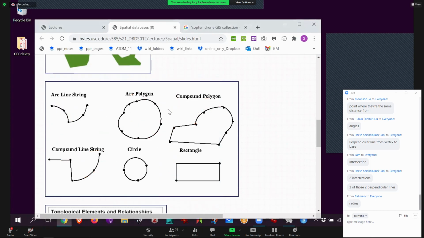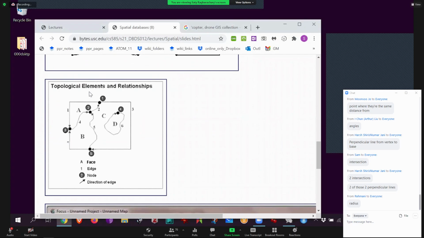Fun with spatial data. All right. So then you can do more things like define what is called a face. A face is another name for a polygon, by the way. So A can be a face. A can be this polygon that includes the boundary. B can also be another face. C can be another face.